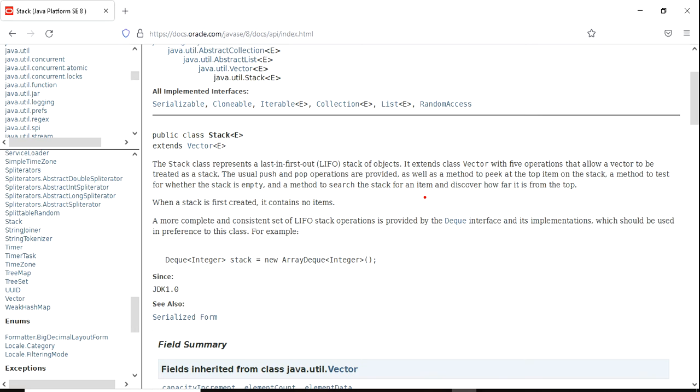How will it be represented? Assume this is a stack. What are the elements that will come? An element sits on the top of the stack, like 10. The 10 element will come and sit here. And another element you have placed on the top of the stack, like 20. If you want to remove, the 20 element will be removed. The 20 element, last in first out.